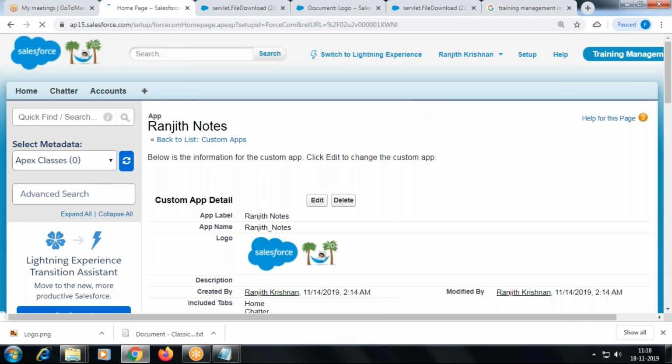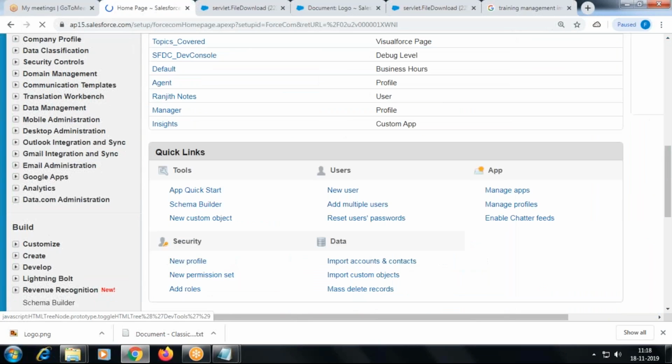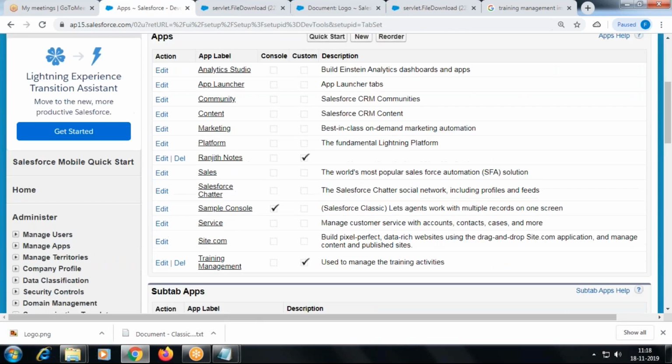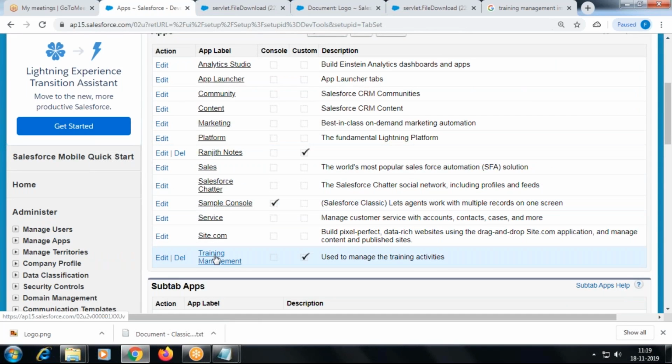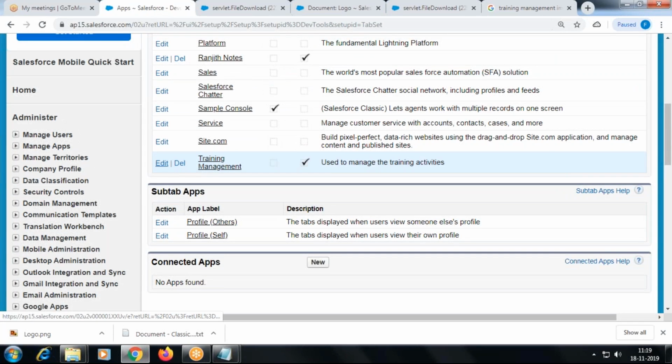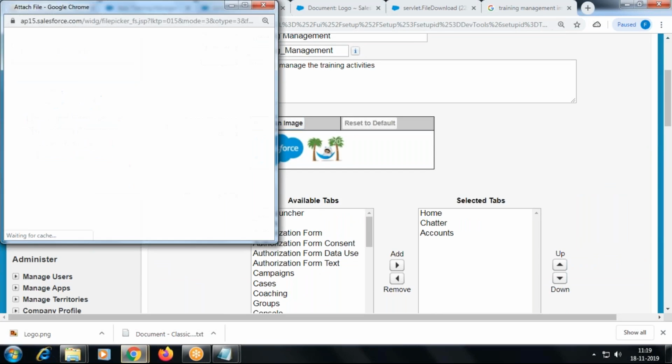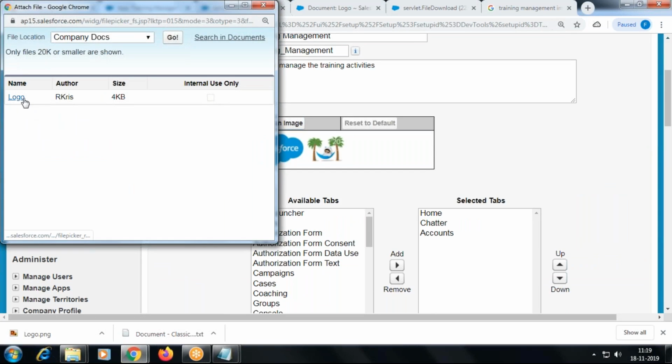Setup. Create apps. Sorry. Training management. Edit. Image. So it's appearing now. Right.